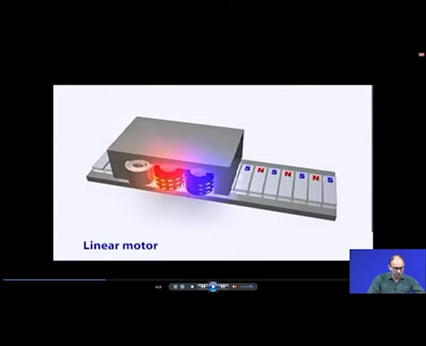So in the earlier case, what we have seen is that it was mostly a mechanical contact between the two surfaces, but here, whatever speed you want to get and whatever way you want to make it more stiff, everything depends on the way you switch this particular power supply, so that you can get the movement in the right to left or left to right direction.